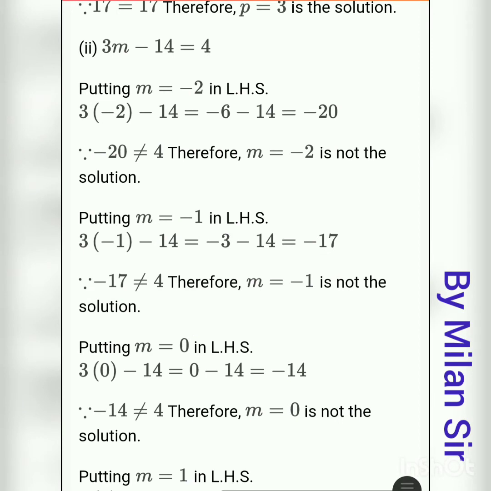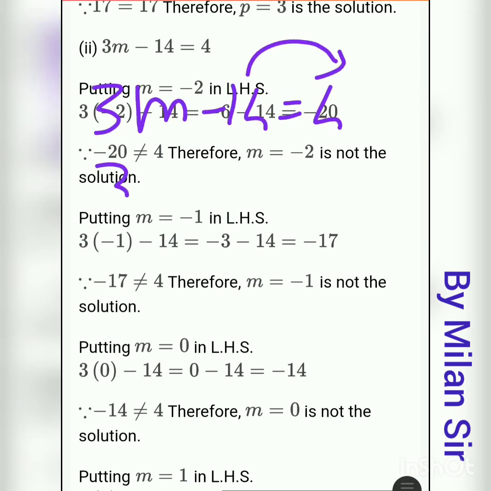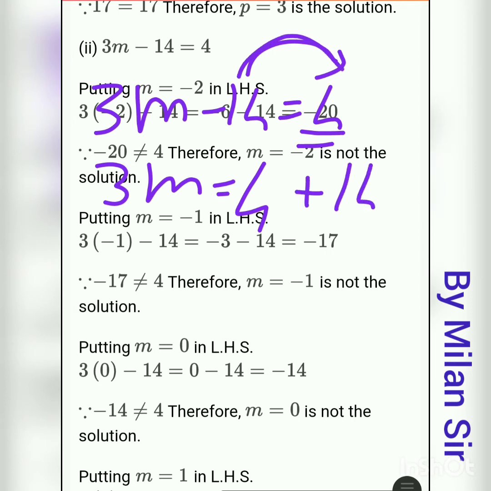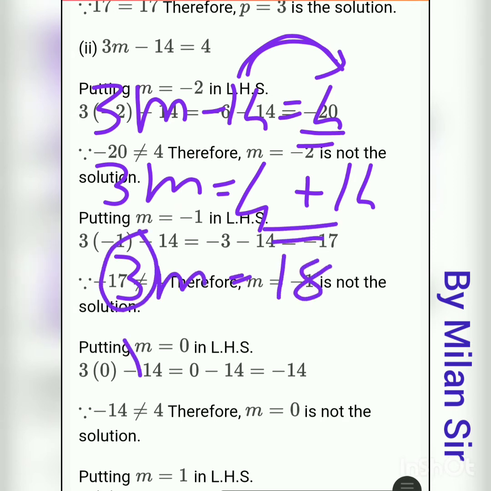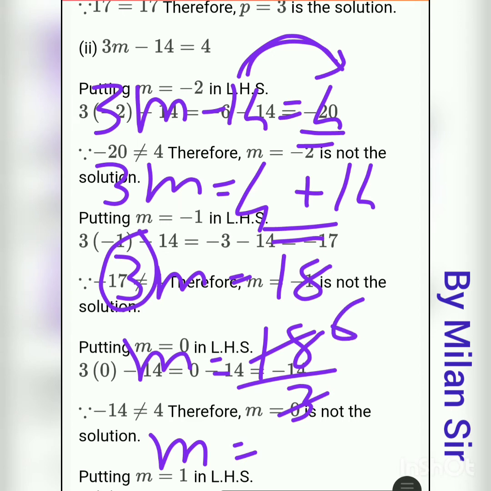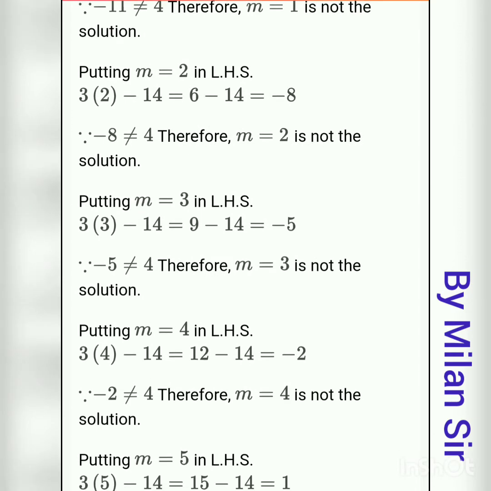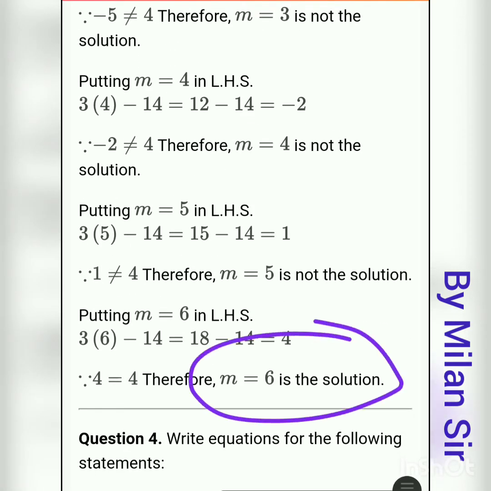Again I repeat this question. Here we need to find the value of m. So we need to transfer this 14 to the right hand side. First of all, here we have 4 that we need to write as it is, because we do not transfer it. So first of all 4. After this minus 14 becomes plus 14. So 3m equals 14 plus 4, 18. Now we need to transfer this 3. Right now it is in multiplication with m. If we transfer it to the right hand side, it goes to division. So m equals 3 6 18. So we get the value of m, it is 6. So m equals 6 is the solution of this equation.